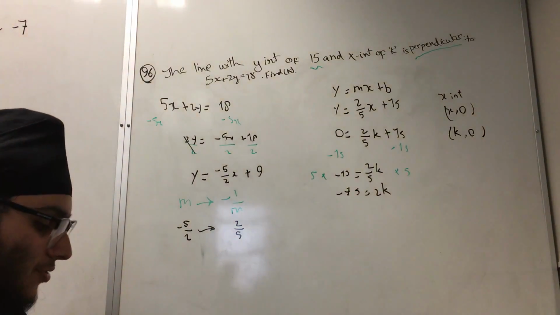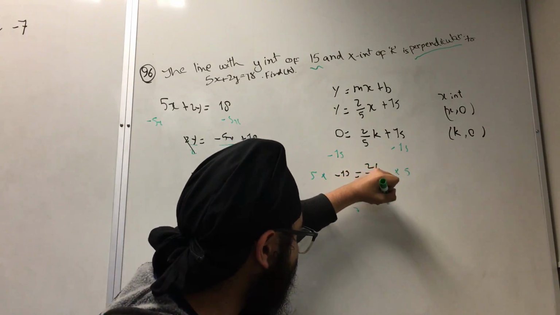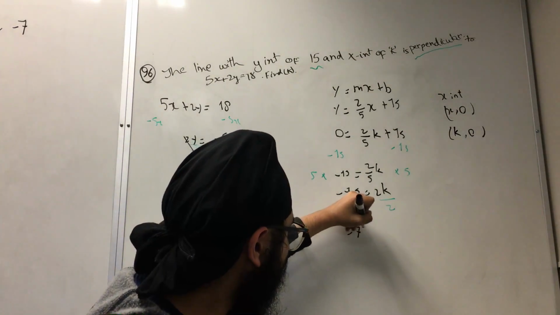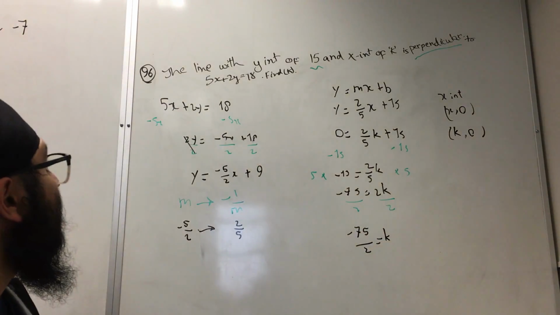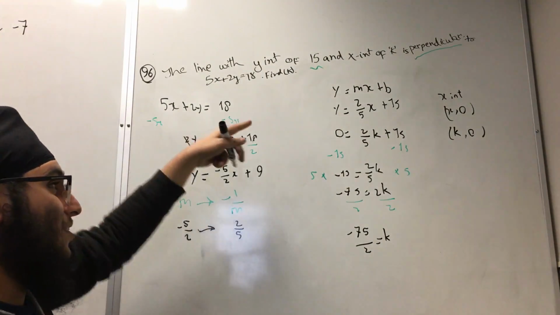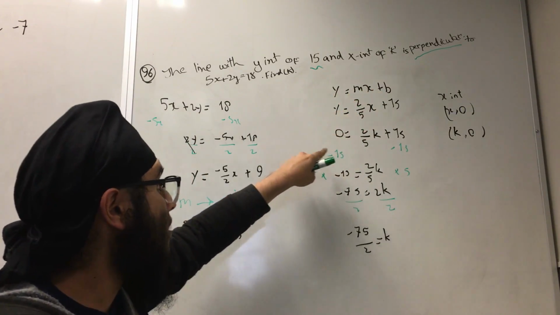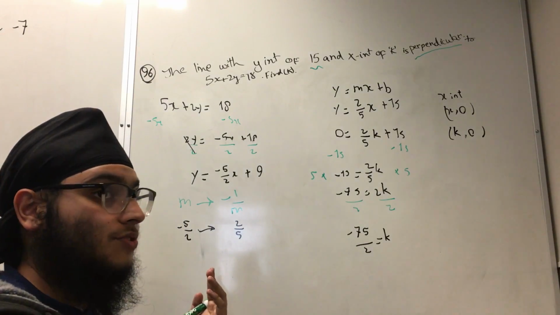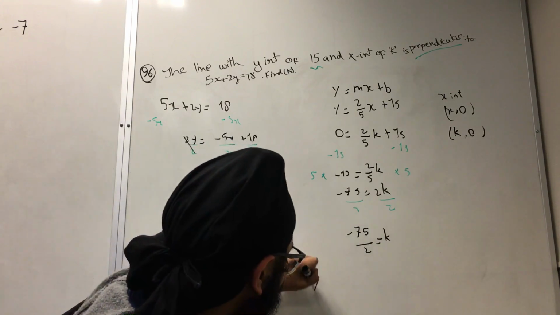We're going to divide both sides by 2 to get k. We'll leave that as a fraction. So negative 75 divided by 2 equals k. Since we're trying to find the line, usually we have the equation in y equals mx plus b format. Now we know what x is when y equals 0. So, to have that equation, we're going to say y equals